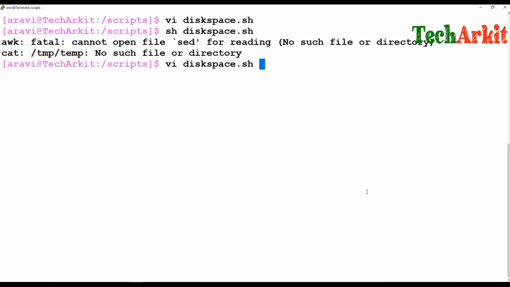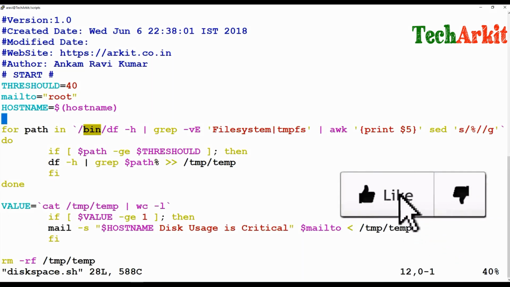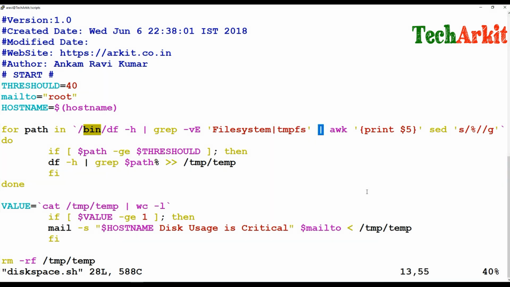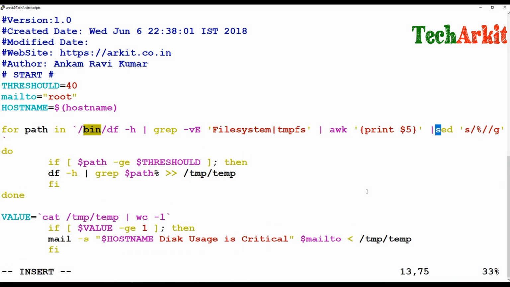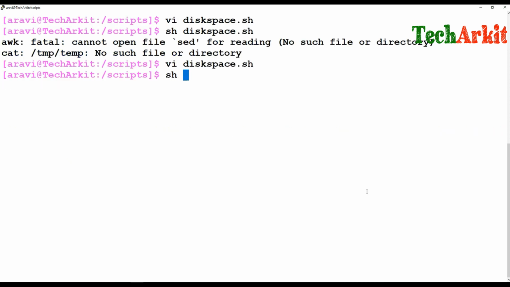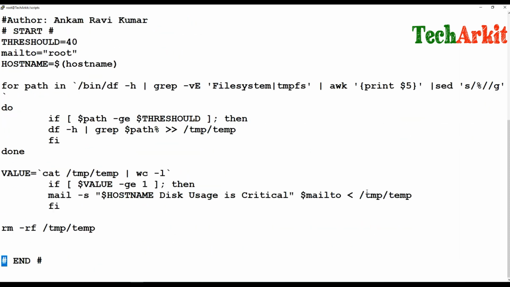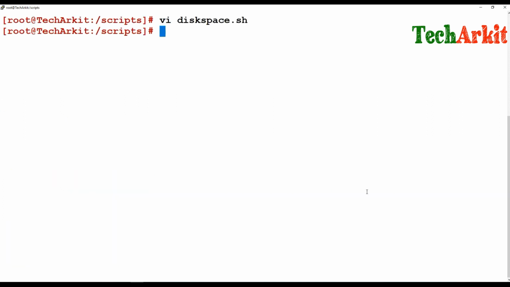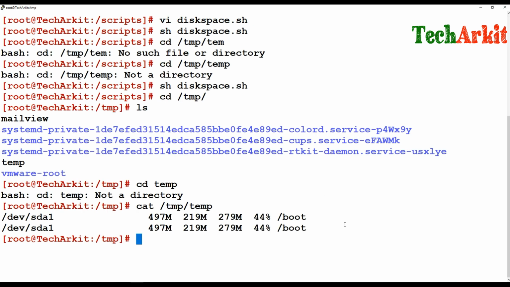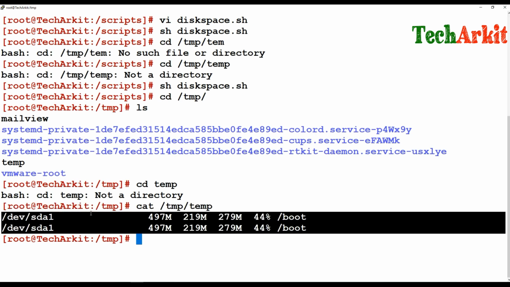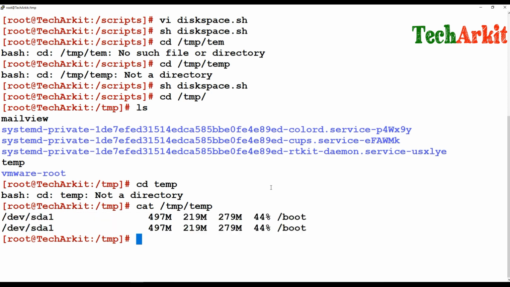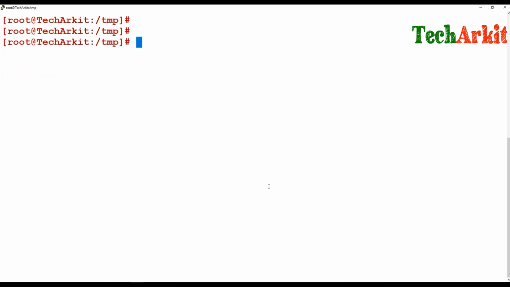Okay, this is the value over here, and I am going to execute this path. Sorry, I forgot to add the pipe symbol here. Okay, now I am going to execute this script, disk space, and comment out deleting this file. I don't want to delete this file, and execute disk space. This is the output you're going to get into your mail actually.